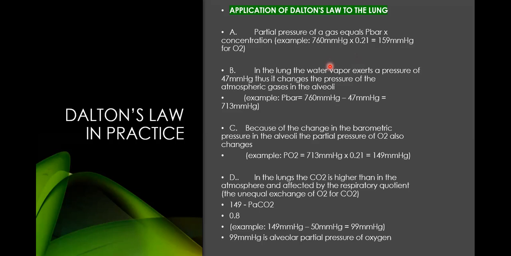What if they tell you to use 700 barometric pressure? Then you have to do 700 minus 47 and then multiply by the oxygen, okay? So things can change. Your respiratory quotient could be 1.2, whatever is going on in the body, depending on your diet. How much carbs are you taking in? Things like that all affect the amount of oxygen inside your lungs. This is something we've already learned, but this is breaking it down a little better for you. Understand how they got those numbers.